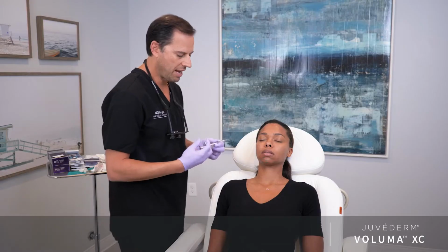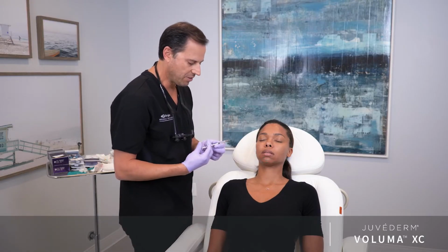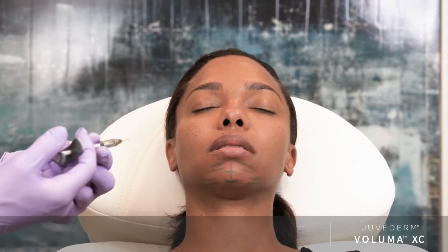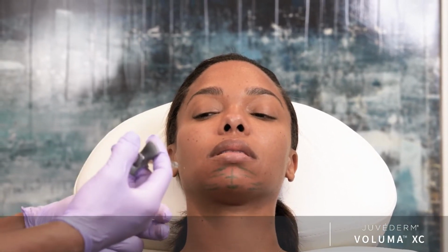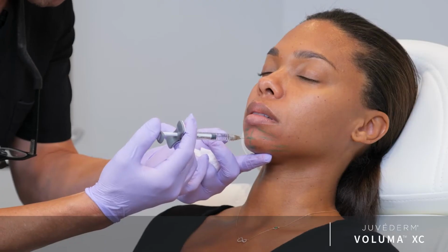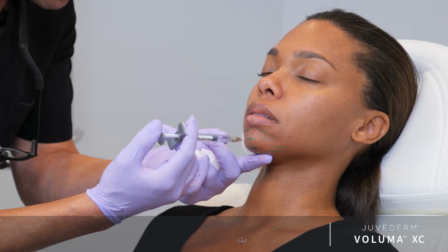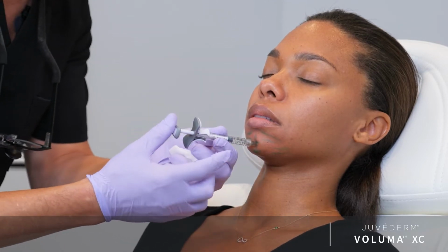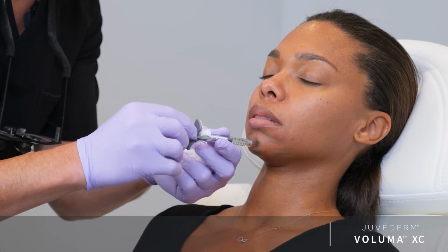I will use a 27 gauge half-inch needle and place the Juvederm Voluma XC in a supraperiosteal injection. Talicia, you're going to feel a little needle stick here. I'm going to pass the needle through the skin, not where the markings are, but just adjacent to it. Go down to the bone here. I'm against bone. I aspirate,